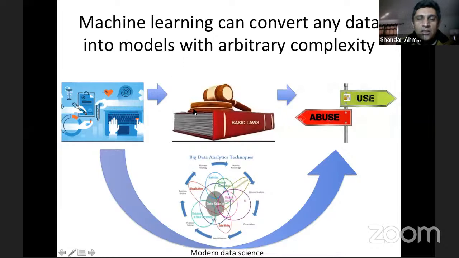As this legend shows, you have this data, and this data passes through basic laws, and then you use or abuse this law. This is the traditional approach of discovery, the first horizontal line. And the modern data science completely bypasses the basic laws. It can actually take the data in and produce the answers to our questions without having to bother so much about the laws. So in some sense, people have in the past criticized this as a black box approach,